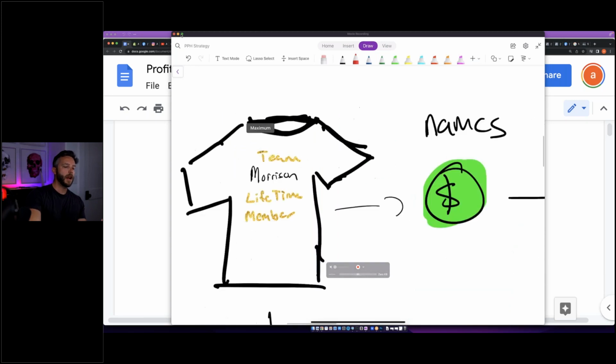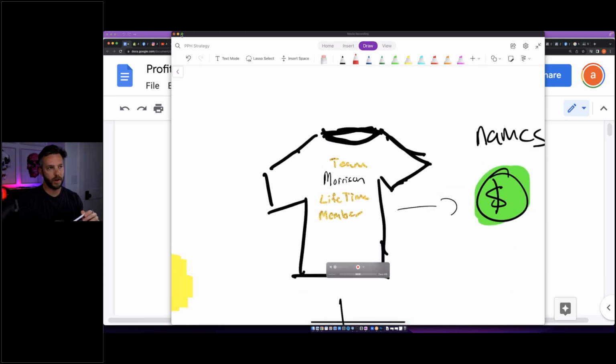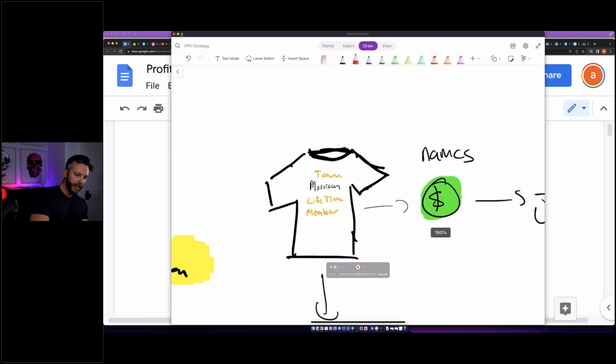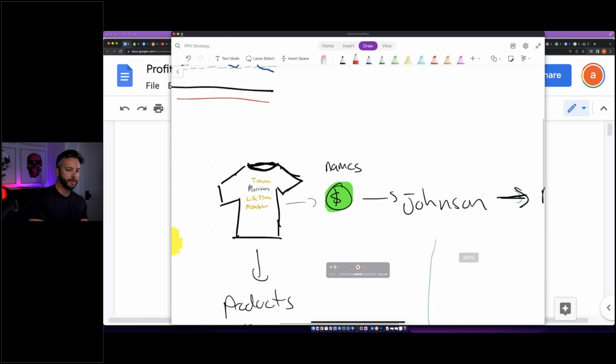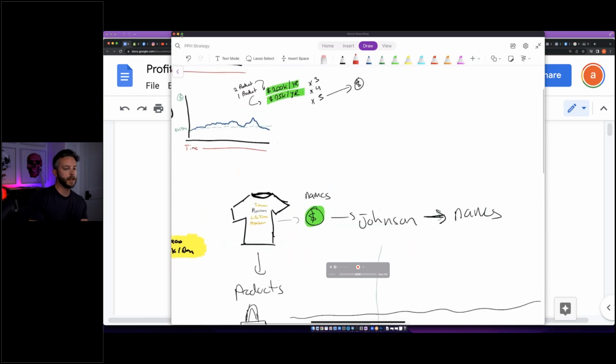And so what I originally was doing was creating t-shirts that said team, last name, lifetime member. So I had team Morrison, team Johnson, team whatever, okay? And I would put that graphic on a t-shirt and then I would start making money, okay?